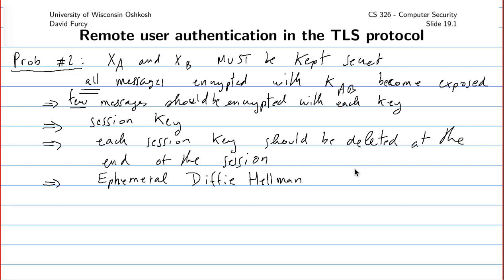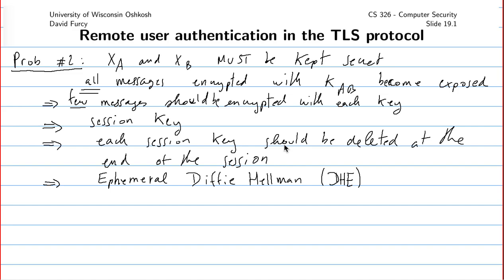And you'll see that when it's described in the literature, and even within the protocol itself, the string they use for the regular Diffie-Hellman is DH, and then they add an E at the end for the ephemeral version of it. So again, the ephemeral version of Diffie-Hellman is exactly the one we saw in the previous slide, but the addition is that every session key has to be destroyed right at the end of the session